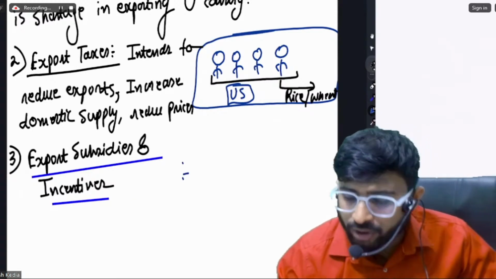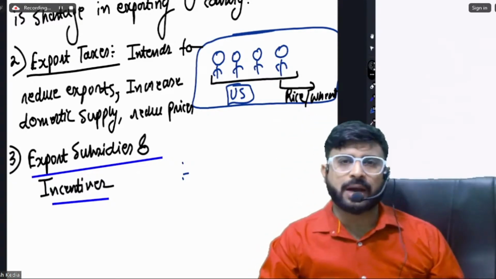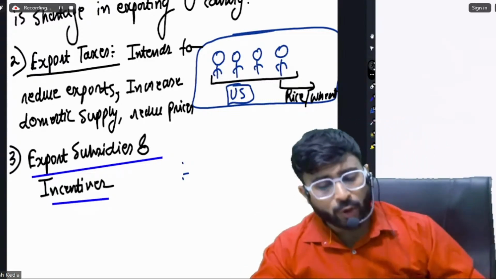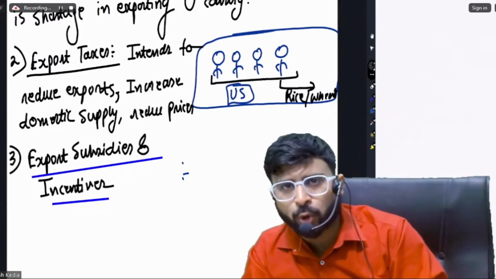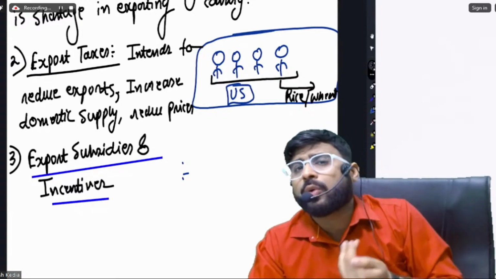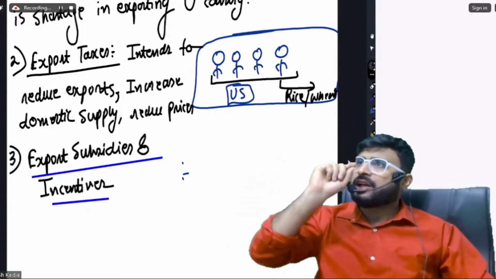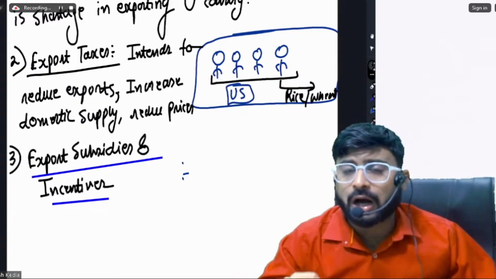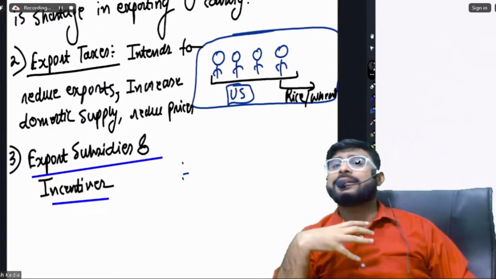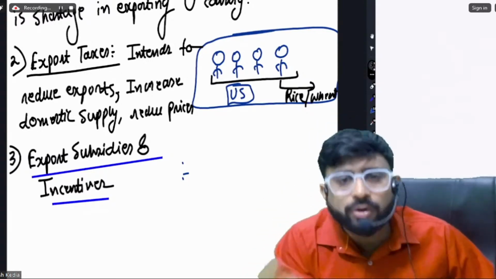Here, the exporting country government is happy that exports are taking place. Rather, they want exports to take place. So, instead of imposing taxes on the exporters in their country, they rather reward them with subsidies. But sir, what is the cause of this happiness? You try and understand that if somebody from India is exporting to US, that is America, then they will earn in US dollars. So US dollars will come to India. So India is getting richer in foreign currency. So the value of rupee will improve.